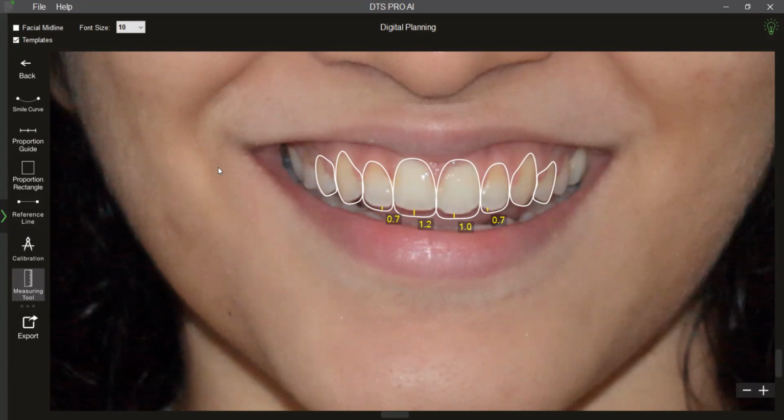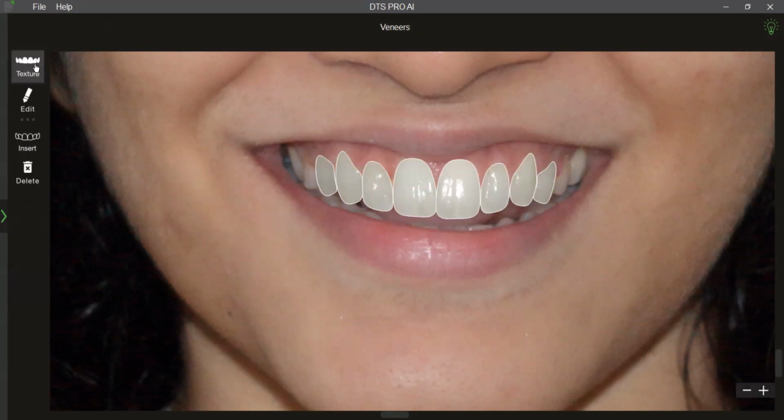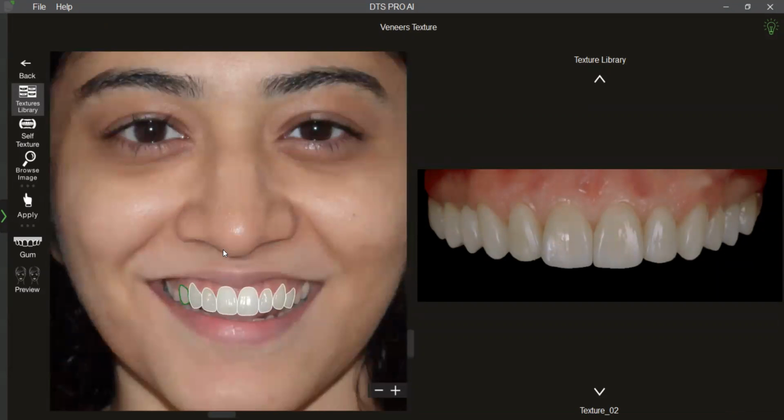I know this session proves to be slightly inadequate in understanding the entire intricacies of each and every tool, and our support team will be happy to help you in case you need any further help on using these tools in your routine practice. So coming back to our simulation, I would like to talk on one last part of inserting textures, and then I will be happy to take any questions if at all.